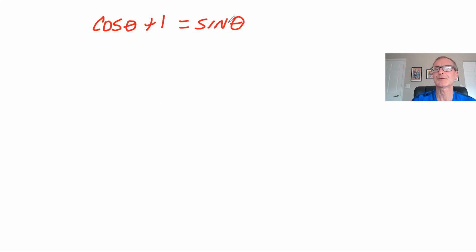And so let's take a look at this one. This one's kind of nice because the way this one's defined says cosine of theta plus 1 equals sine of theta. And so this idea is sometimes they'll say, don't find all the angles, but just find all the angles that are valid between 0 and 30 degrees, right? And so what do we do? So you look at that and say,